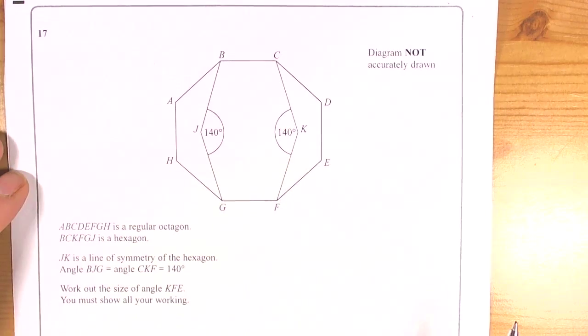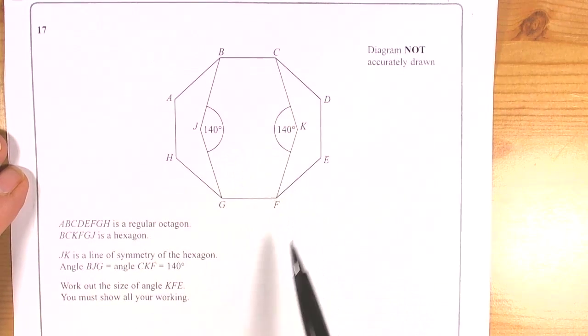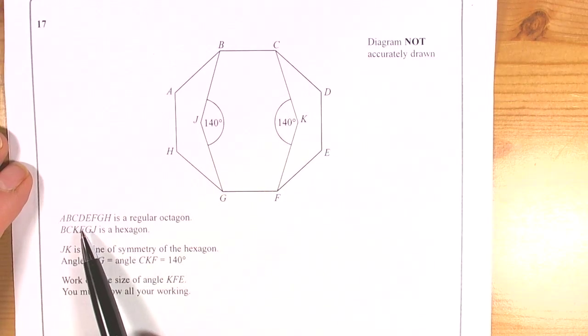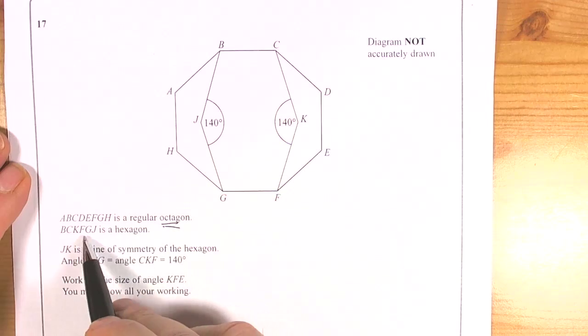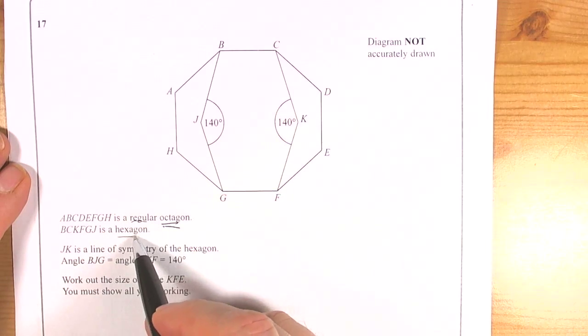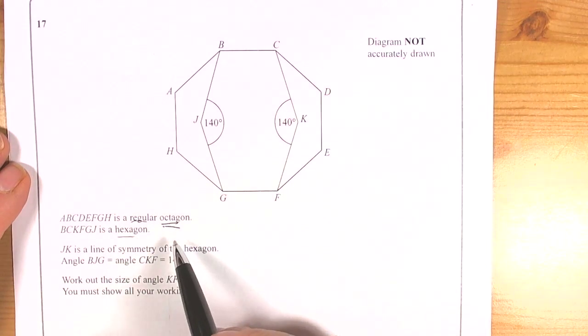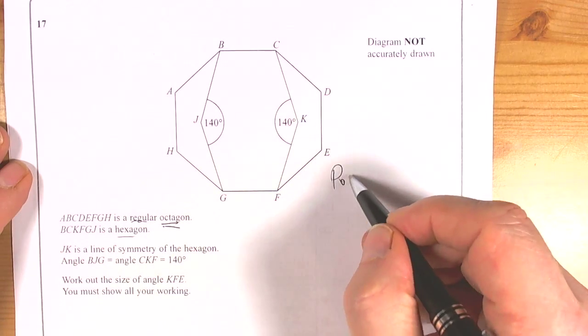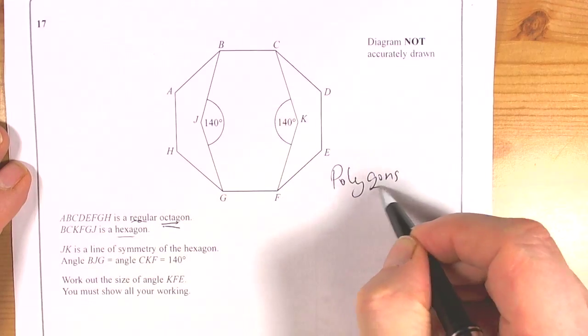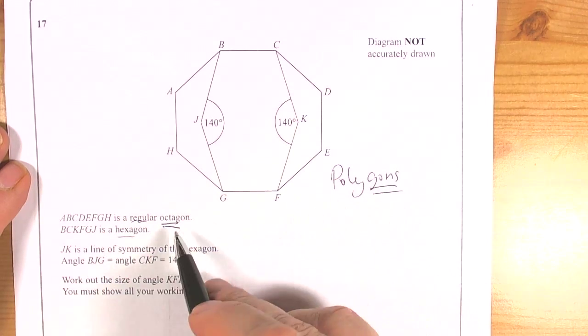So this question has a picture of some polygons, and when we read the information carefully it talks about a regular octagon, and it just says that this is a hexagon. So we've got an octagon and a hexagon, but they're saying the regular octagon. So as soon as we see a question involving polygons, octagons and